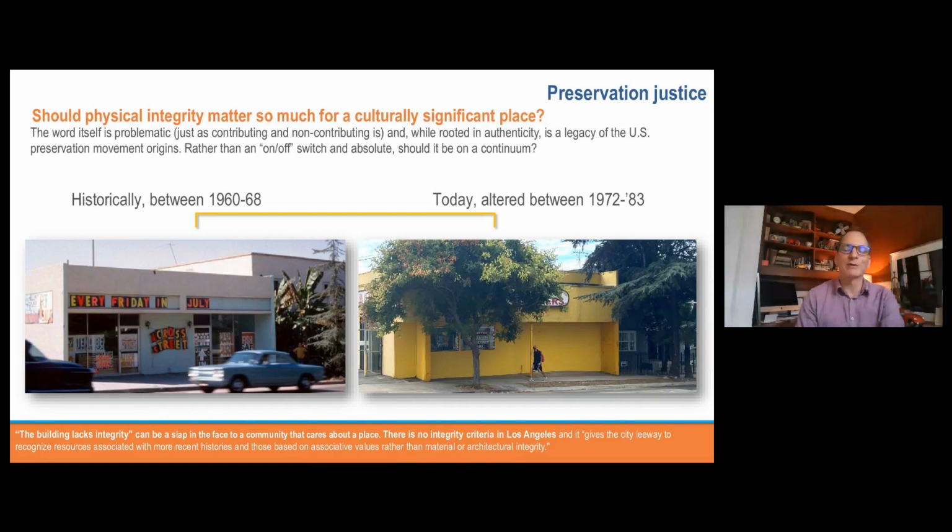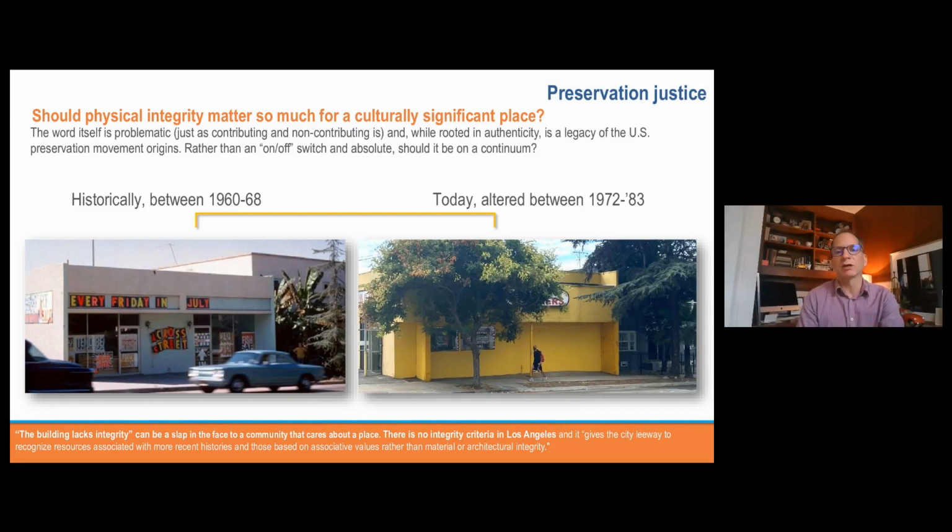But this is where we encountered what we're encountering, I would say, as many challenges right now in the work of preservation. So when the building became at risk in terms of demolition, a community came together, the Corita Art Center, as well as many former students and those in the preservation community, to advocate for preservation of this building. You can see it as it looked in the 1960s, and also as it looked with the later alterations today, alterations that occurred in the 1970s all the way into the early 1980s. Clearly, the building has changed over time.